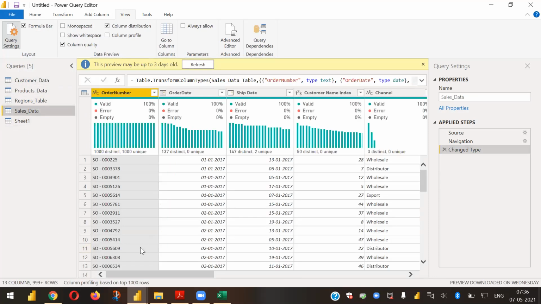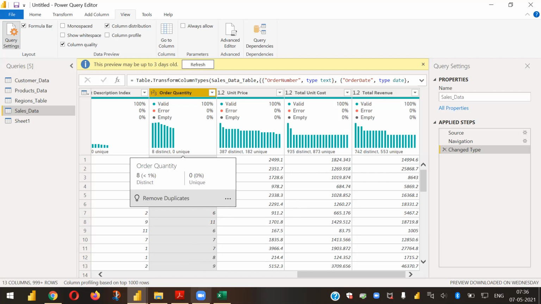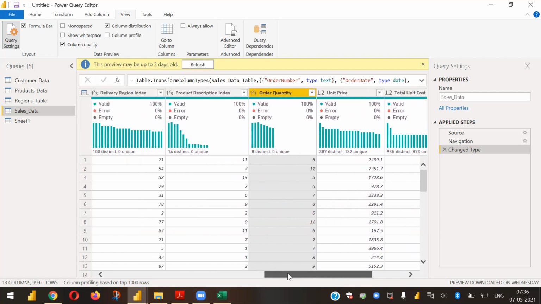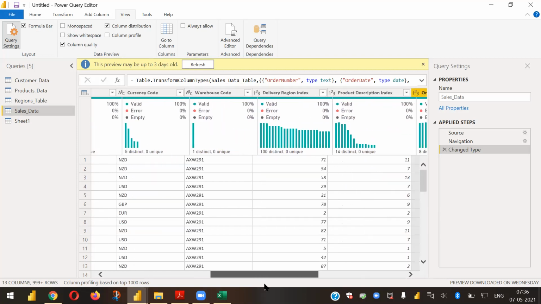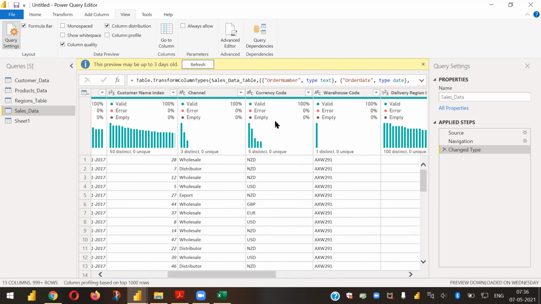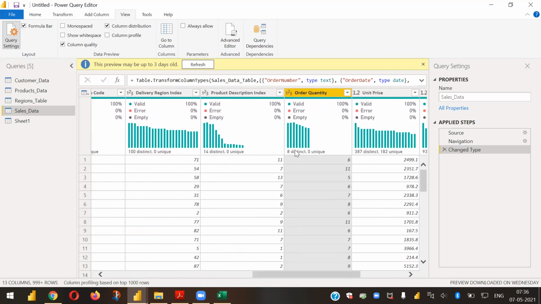For example, in the sales data, if you go to the metrics, you have some order quantity. This will give you the distinct values; there are eight distinct values over here. At the same time, you have different values here, like different total revenue. So it gives us value, helpful in cases where we need to know what the different values are, just like here in order quantity. So eight unique quantities were ordered. Maybe it is 6, 11, 5, 6. There are eight different values, and there are zero unique values.